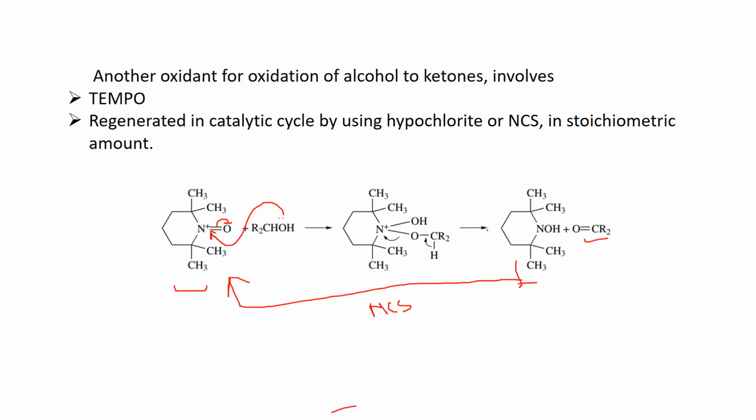This is similar to osmium tetroxide as we discussed last week. By this process you can use TEMPO in a catalytic amount. Like you can use 20 mole% of TEMPO, and if you use one equivalent of NCS, then the full reaction will be completed. But without NCS, you need at least one equivalent of TEMPO. That is huge for industrial purposes. If you are regenerating your reagent in the reaction medium, it acts as a catalyst.